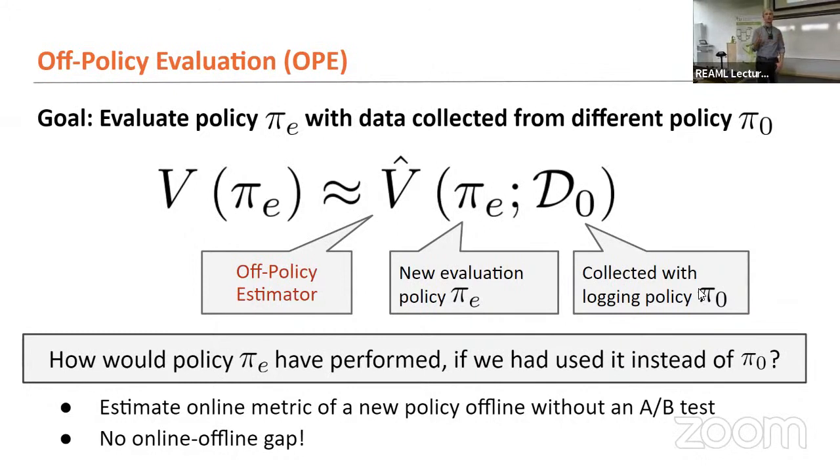And you could do that very quickly, right? You can code up all of these new policies, and you can go through literally millions without much delay. It's only the computational cost that you still have. You don't have to go out and implement anything or collect new data. And ideally, there's no online-offline gap. What you estimate offline from this data is the same as what you do online.